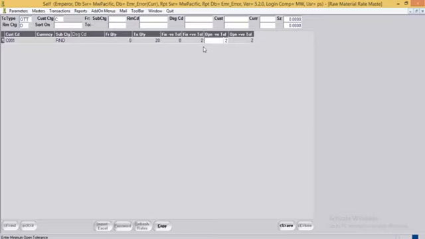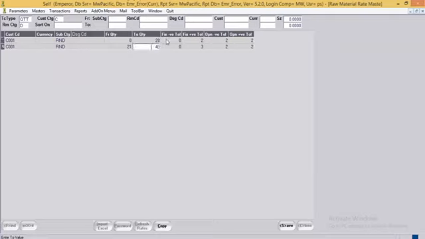Now same way, user can define the tolerance for another slab of RM quantity. From 21 stones to 40 stones. The negative tolerance will be set as 0 and positive tolerance as 3. Negative tolerance will again be set as 2 and positive tolerance as again 2.